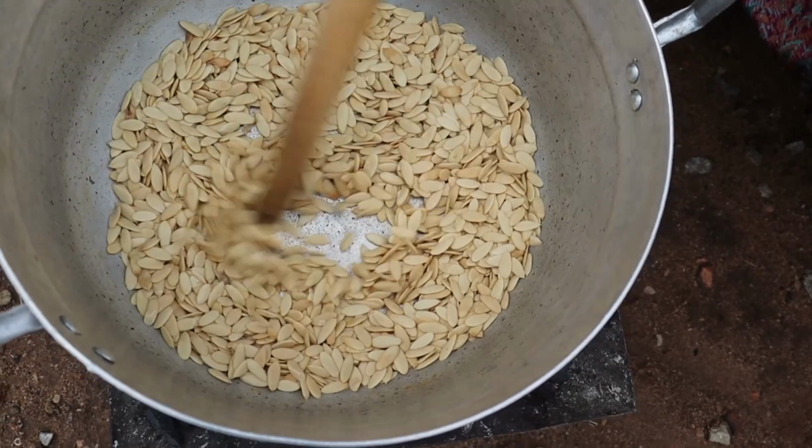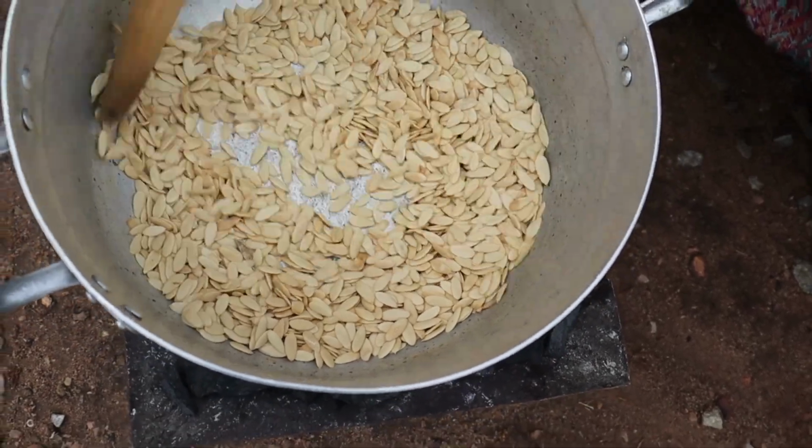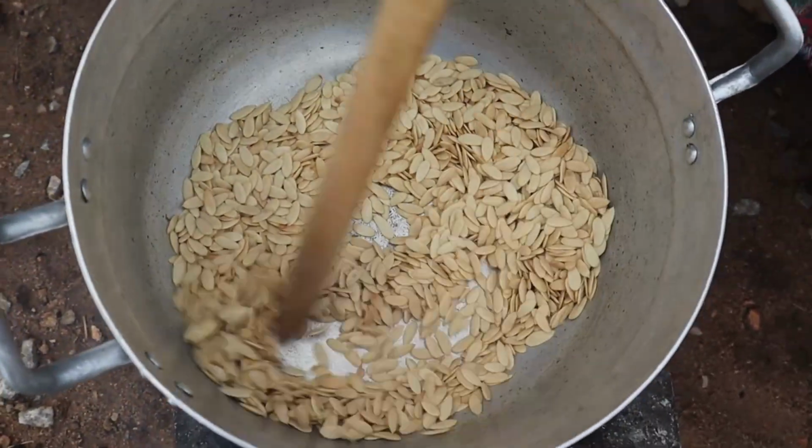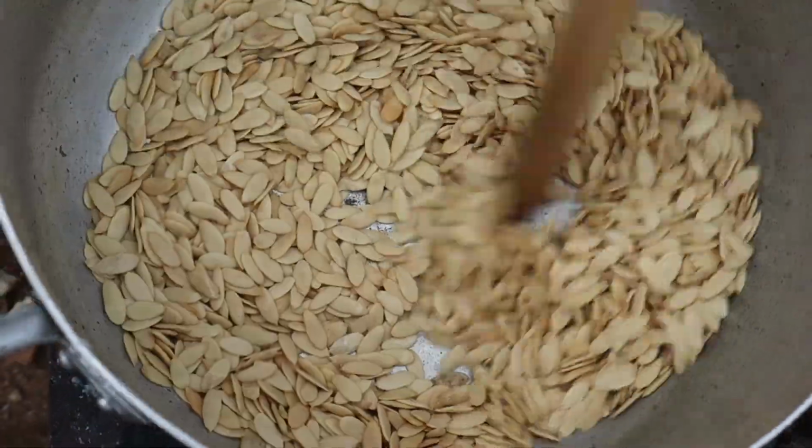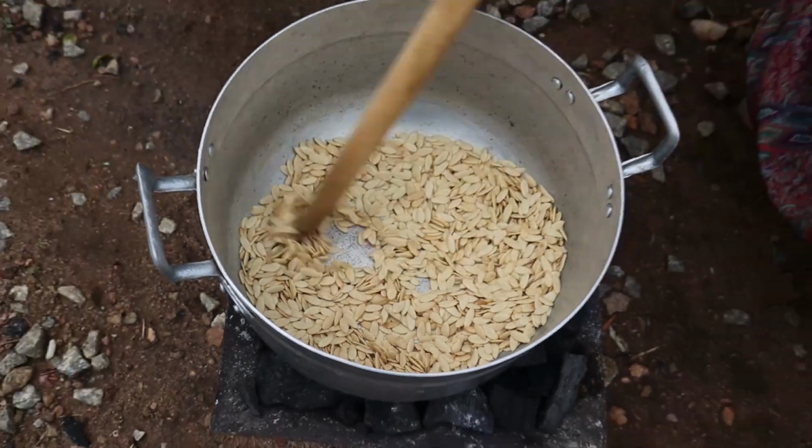When you put it on fire, it's the same as the other one. You do not leave it. You have to keep by and then stirring it. When it pops out,